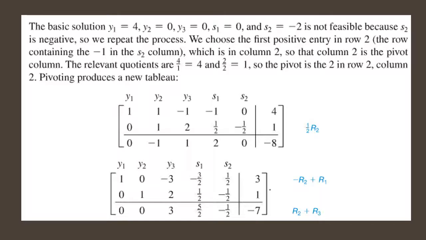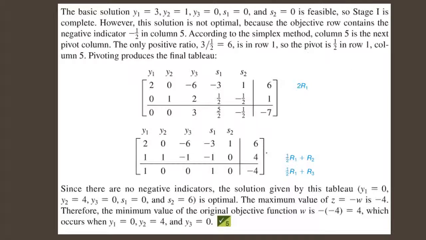And stage 2 is the maximization process that we learned, the simplex method, in sections 4 and 5. So we're going to run through that whole process. And remember, we're going to do that until there are no more negative indicators. The indicators are the numbers in the bottom row, not including the number on the far right. The number on the far right can be negative, and indeed, since we're trying to find a minimum, that wouldn't be surprising. All right, so we go through and we pivot, and we get our final tableau,